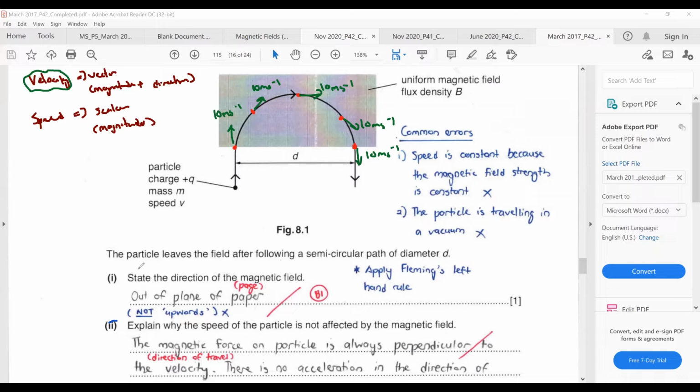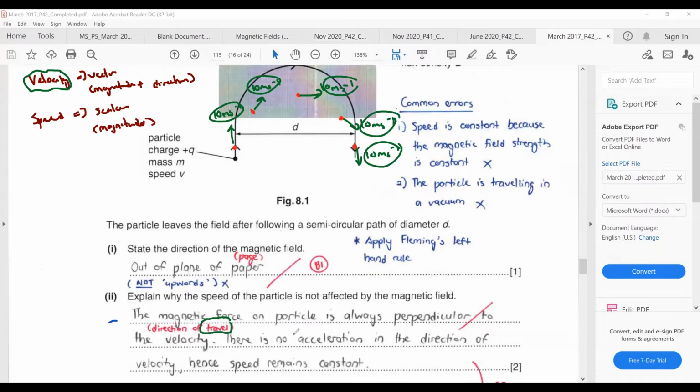But here, if you just consider speed, speed is talking about the scalar part. It's just talking about the magnitude part. So speed is scalar. You only need to consider magnitude. You don't bother about direction. Here they ask you, why is the speed constant, not affected? So you are trying to explain why the magnitude always remains constant. So it has something to do with what I mentioned to you guys before,